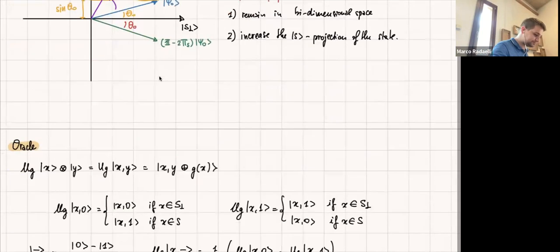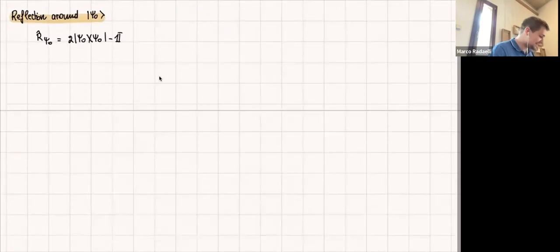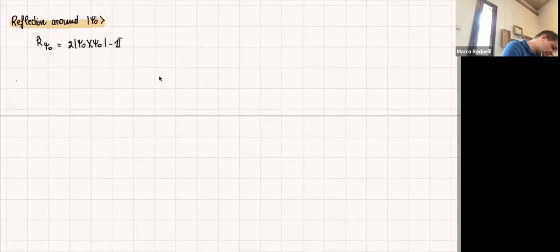So bear with me if the proof is slightly boring, but I think it's meaningful to show how one proves something like this. So, let's first define a Grover step or a Grover iterator, which at this point is the composition of the oracle reflection plus the reflection around psi naught. So we define G,